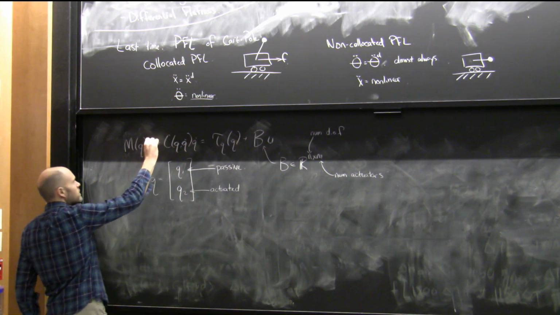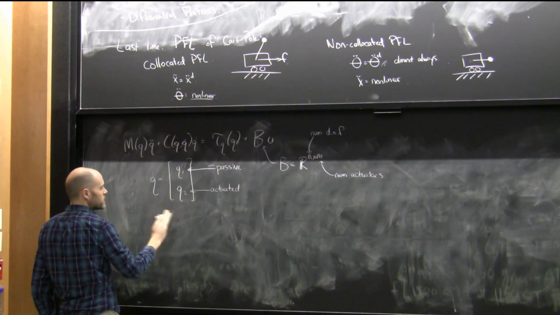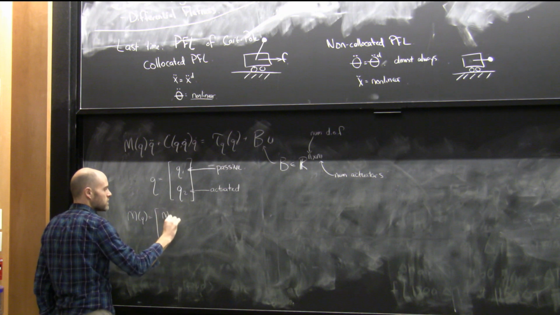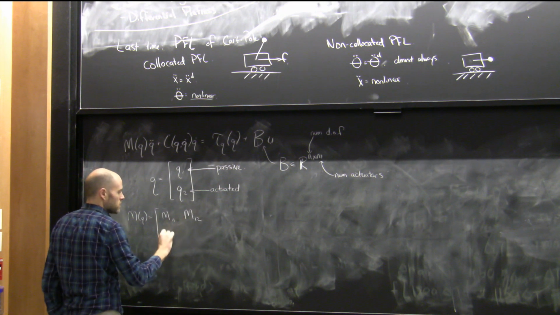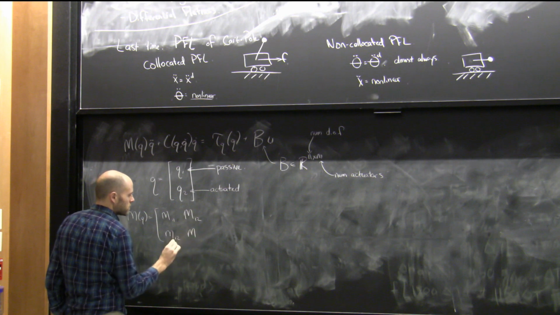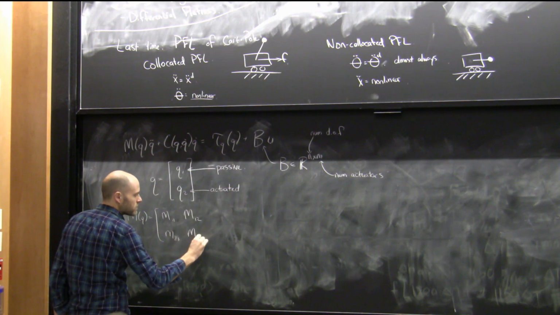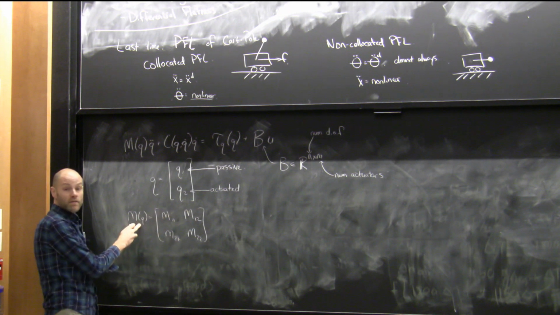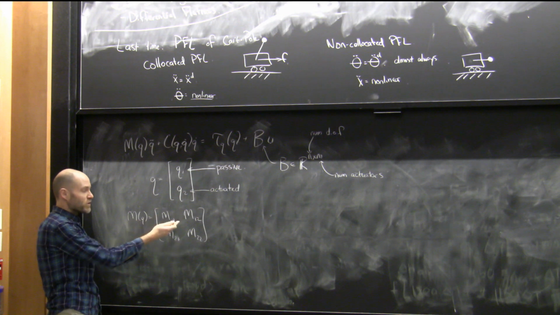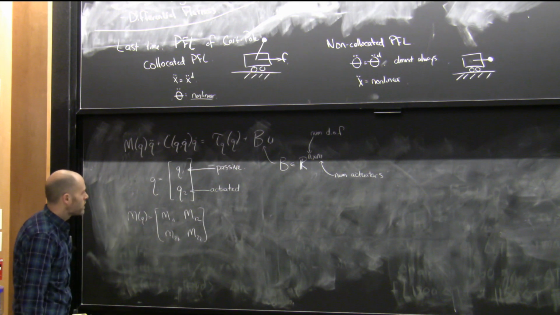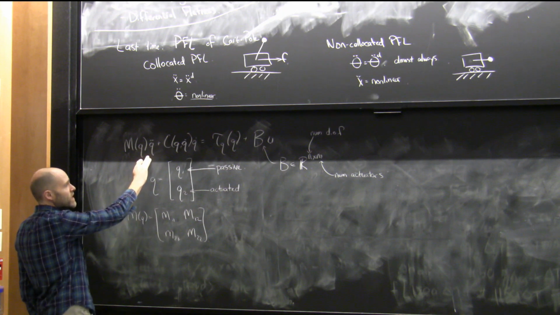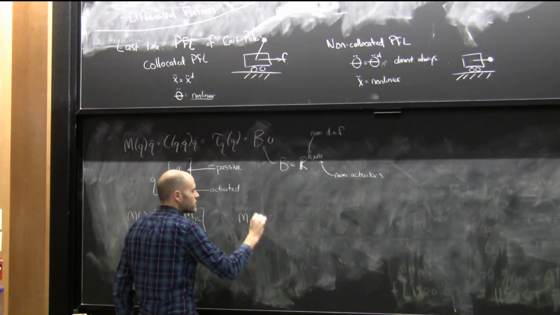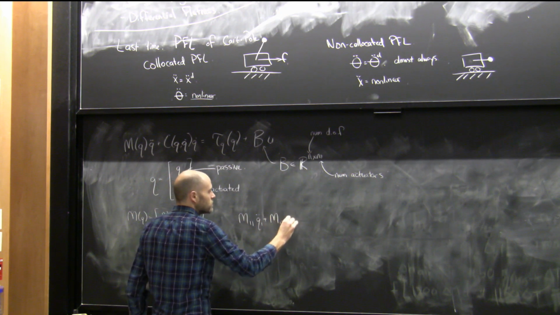So that means we can look at this equation a little bit differently, zooming in on here. If I think of M of Q as this matrix, I'm going to not write the function of Q every time, just to save myself some writing, but remember M is always a function of Q. Then I can write this equation taking advantage of that form as M11 Q1 double dot plus M12 Q2 double dot